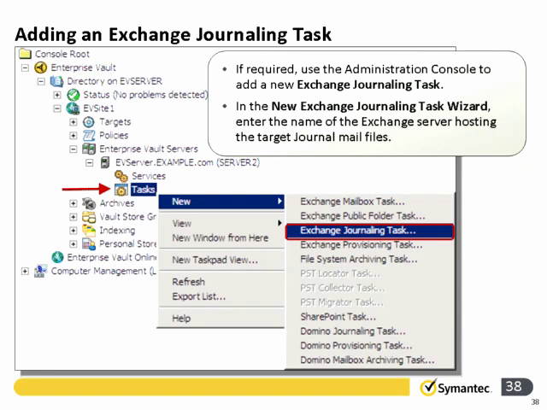Once you've created the journal archive, you can go and create the Exchange journaling task. If you try to create the Exchange journaling task prior to creating the archive, you will get a pop-up warning that tells you that you have to have an Exchange journal archive available before you can create an Exchange journaling task. Again, you go to, in this case, through the directory to the site level, and then down to the